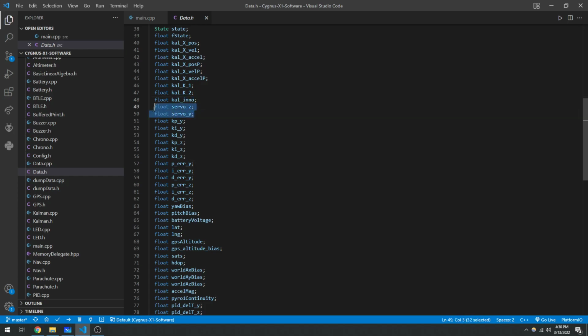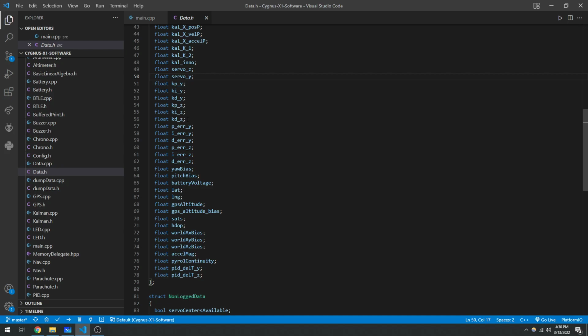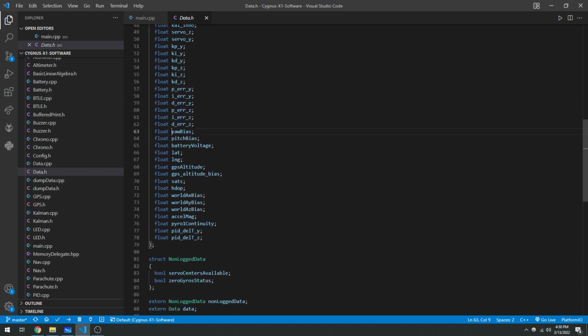So this is what are the commands that are being written to the servos, or that the servos are being told to do. Then there's my PID gains, so my PID gains for the Y servo, and my PID gains for the Z servo. And then there's my PID errors in Y and Z. And then yaw bias and pitch bias. So that is, I think, just the yaw and pitch that the rocket originally starts at compared to the Earth